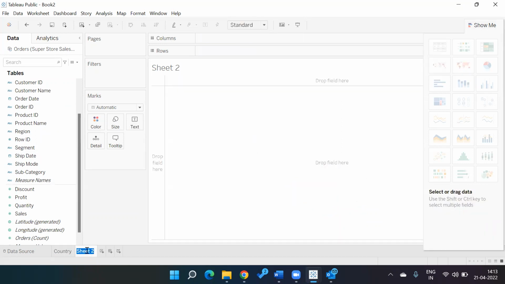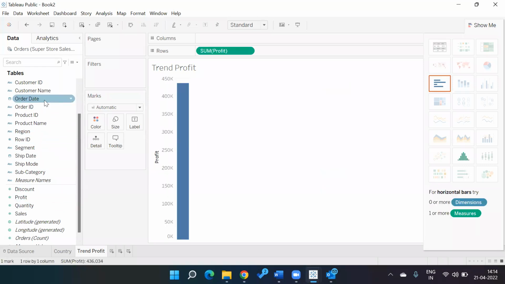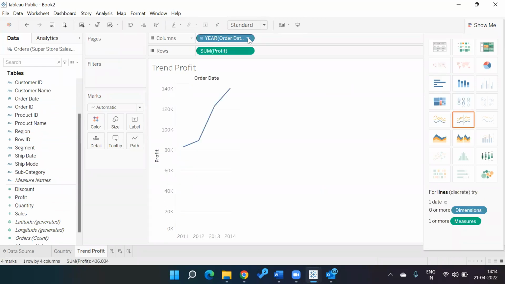Then let's say we have got trend of sales or trend of profit. Since we have plotted profit, let's stick to the profit variable measure only. So let's say trend of profit. So I need the profit, I need the order date, and